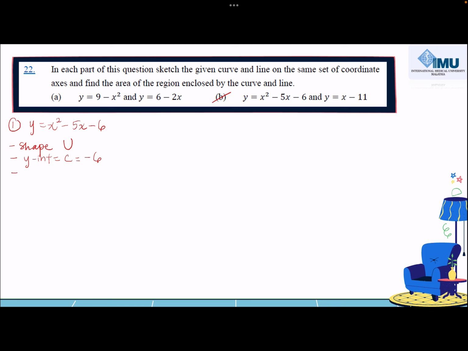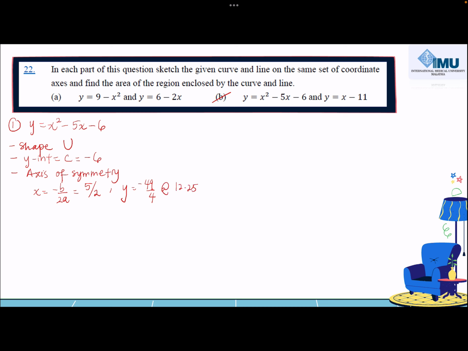Next, you should know the axis of symmetry. The axis of symmetry will be the turning point of your parabola. This time, we're going to use a shortcut, which is x equals -b/2a. Substitute in your b, which is -5, and a as 1. You will get the axis of symmetry of 5/2. Now, what will be your y value when x equals 5/2? Evaluate by yourself by substituting the x value into y. You will obtain -49/4, or